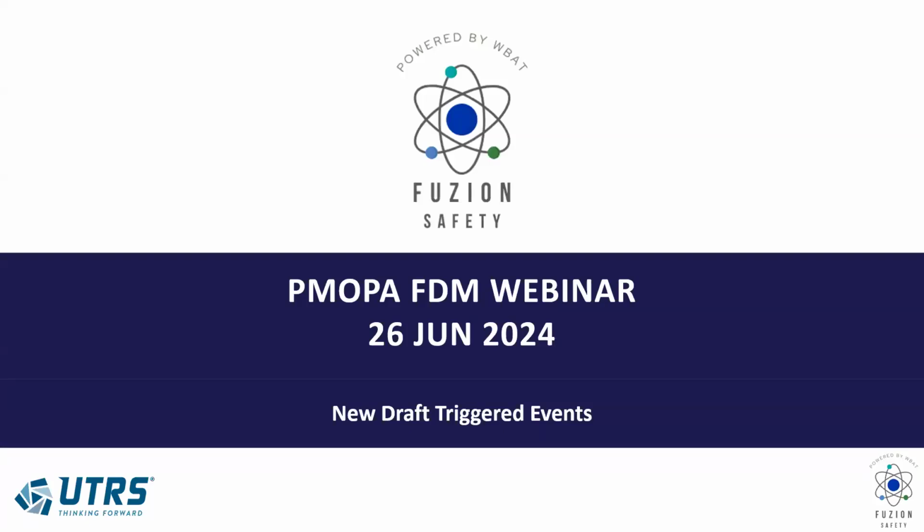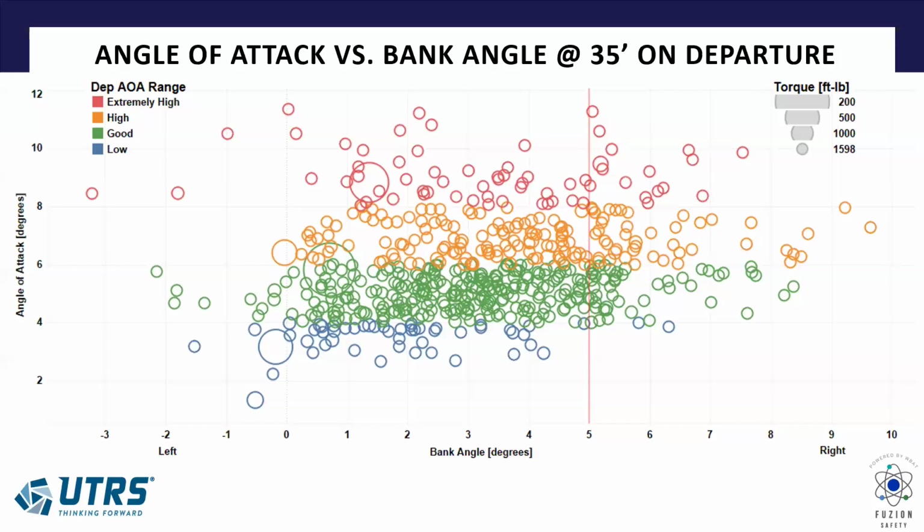What I wanted to look at next is some departure issues. One of the things you want to see is if people are turning out early and too low on departure. When I looked at that for your aircraft, it turns out a lot of you are banking to the right, not many to the left. And I said, well, wait a second, that's not them turning. That's probably them not stepping on the rudder enough with all that torque you turboprops have. So I decided to make an event out of that.